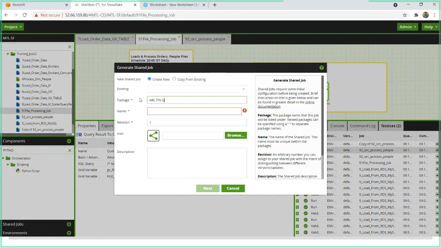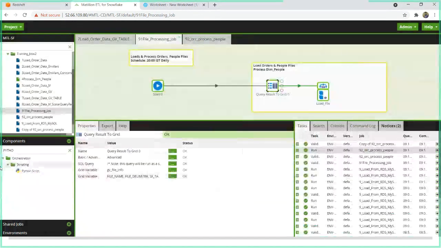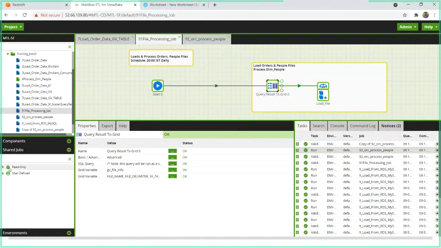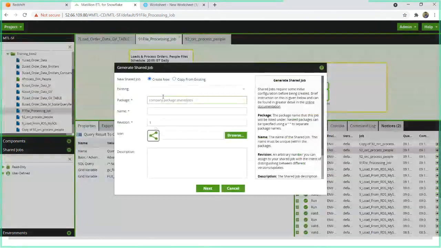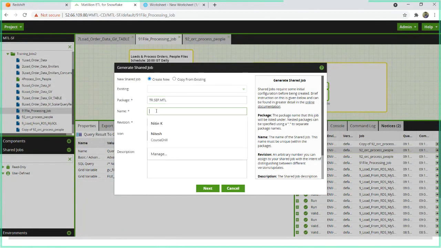So this package will get created. So I'm giving now, let's say, training dot September dot MTL. So this package I have created. Within that package I will have my shared jobs, and where it will appear, let me show you first. In the shared job, it will first create these folders within that kind of package. So training dot September dot MTL, I have this package created, and here